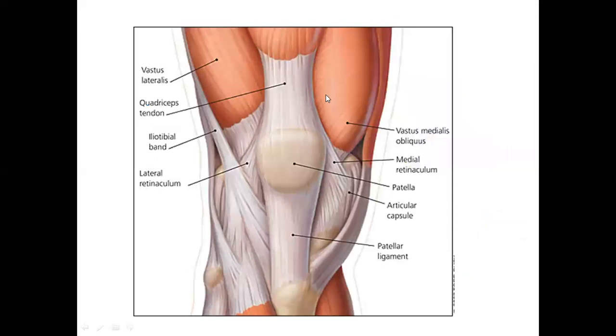Okay. Then now you can see here we have this quadriceps femoris muscle: vastus lateralis, rectus femoris, vastus medialis. Below this we have vastus intermedius. So this is the tendon of quadriceps femoris in which we have a sesamoid bone, that is patella. Then this is the patellar ligament which is attached to the tibial tuberosity, right?